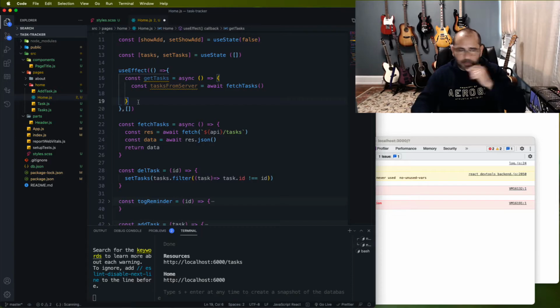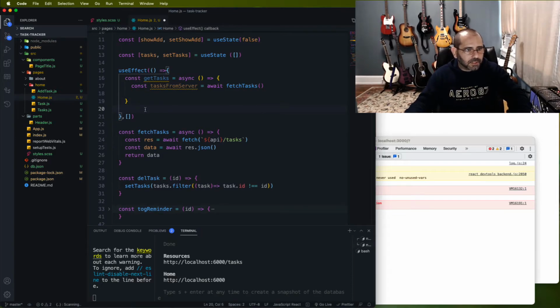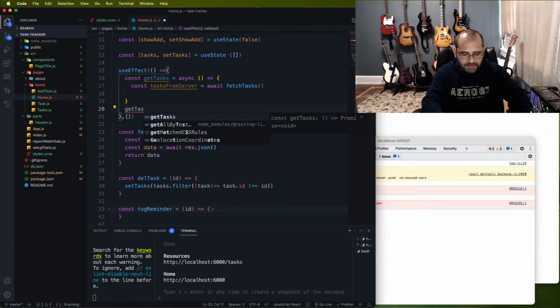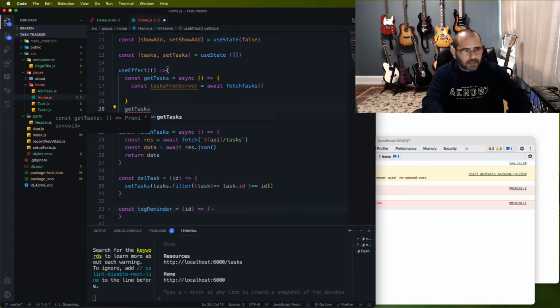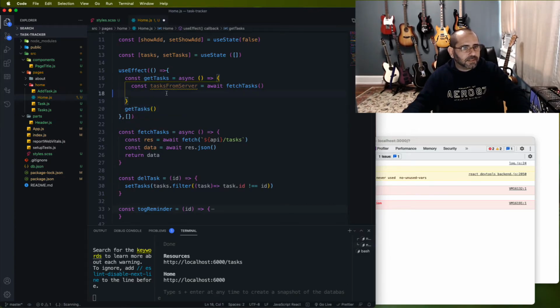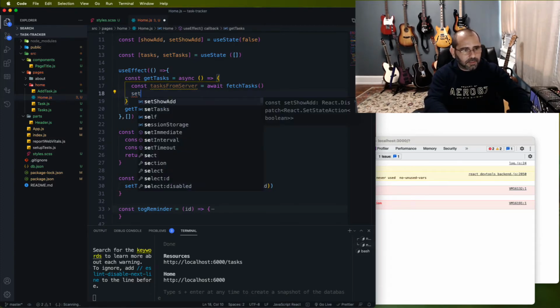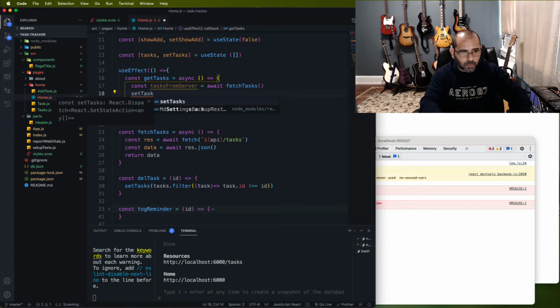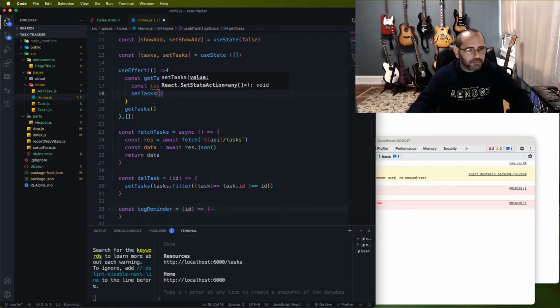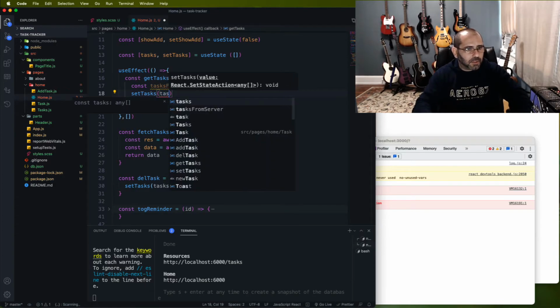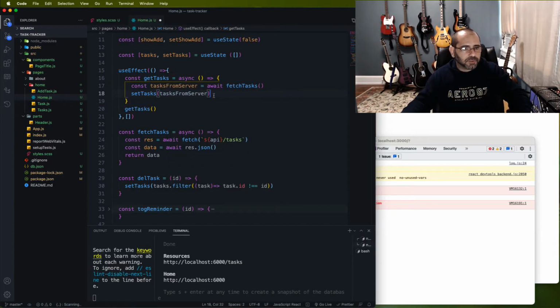Let's make sure that we call it. So we're going to call getTasks. So now in here we're going to finally call setTasks from the useState. I know this is super weird, but that's the process. This is the best process for it to work. And then we're going to pass in the tasksFromServer. Alright, so if we hit enter now,